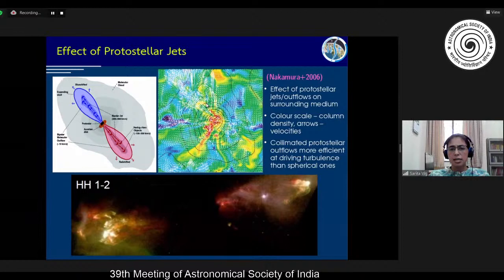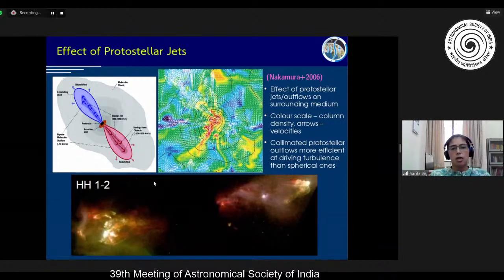Here the color scale indicates the column density, and it is now believed that to understand the turbulence that we see in molecular clouds, the protostellar jets and outflows are believed to be one of the main causes, because this turbulence is observed in most of the molecular clouds, and there needs to be some mechanism by which this turbulence is continuously replenished, and one candidate for that is the protostellar jets, and they also create shocks at the edges leading to